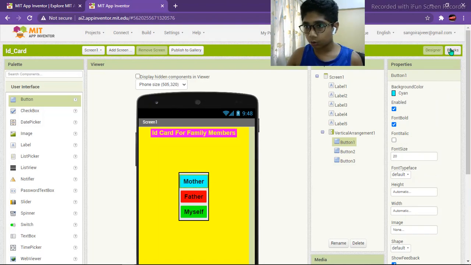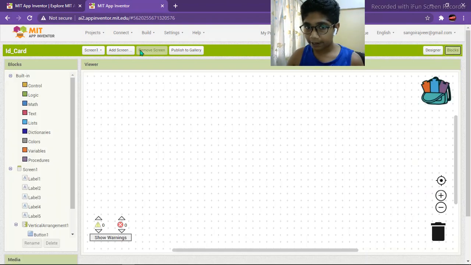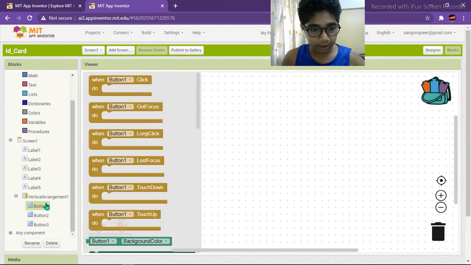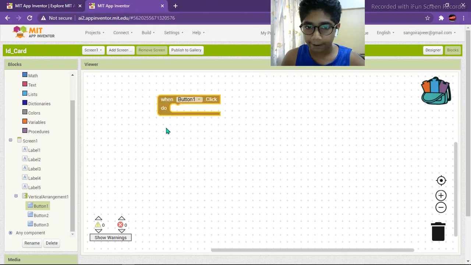So now go to the blocks, and we need to do the same with button 2, which is father, and button 3, which is myself. So click on this and choose when button 1 dot click. So what we need is, when button 1 is clicked, we need to open another screen, which is screen 2.